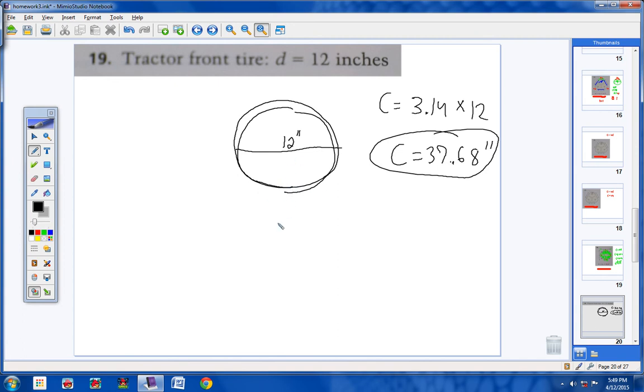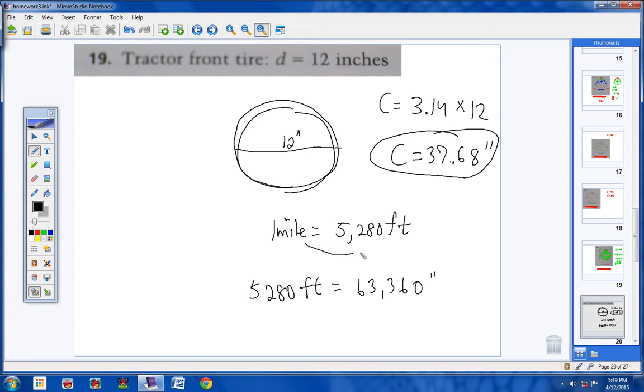Now let's just stop and think about this for a second, guys. We know 1 mile equals 5,280 feet, okay? Now let's take 5,280 feet and multiply that by 12, and I'll show you why I'm doing that in a second. And you get 63,360 inches. So if you have 5,280 feet, each foot is 12 inches. So take these feet and multiply it by 12, and you get this many inches. So 1 mile equals 5,280 feet, but 1 mile also equals